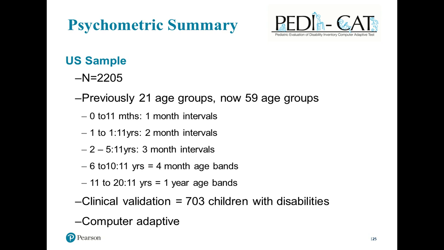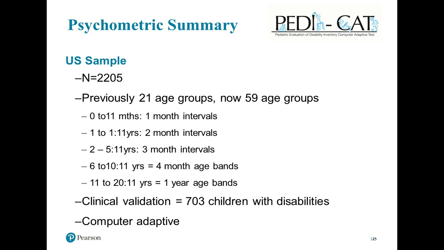So that gives you a very brief overview. As I said, there's about 300 items in there if you include the ASD scale as well. So that's just a brief selection of items. In terms of psychometrics, just to give you an overview of the psychometric background of the assessment,